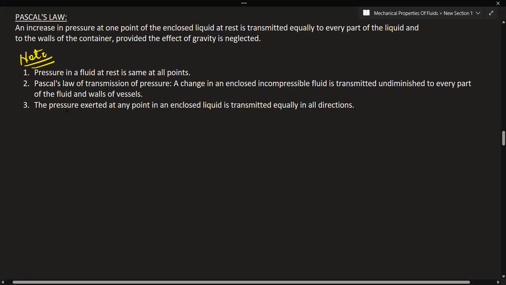First, understand. See, pressure in a fluid at rest is the same at all the points. This is also a very important point because this would help you solve the numericals as well. Now, Pascal's law of transmission of pressure: a change in pressure in an enclosed incompressible fluid is transmitted undiminished to every part of the fluid and walls of the vessel. And the pressure exerted at any point in an enclosed liquid is transmitted equally in all directions. This simply means that